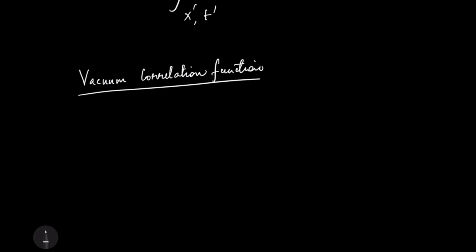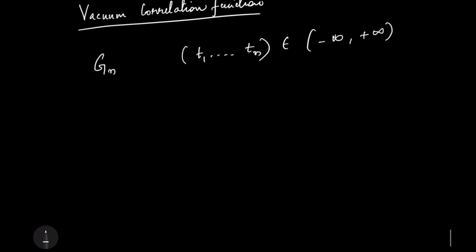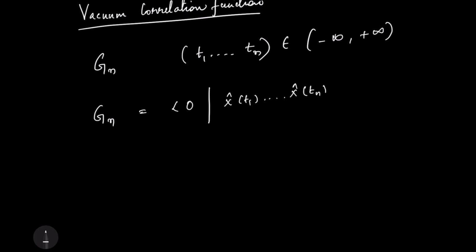Okay, now consider the function gn for arbitrary time, that is from t1 up to tn, which is belonging to the interval minus infinity to plus infinity. Okay, then I have to compute this for vacuum, which means vacuum state. Okay, now here instead of x of t1 up to x of tn, right, I can also write this as